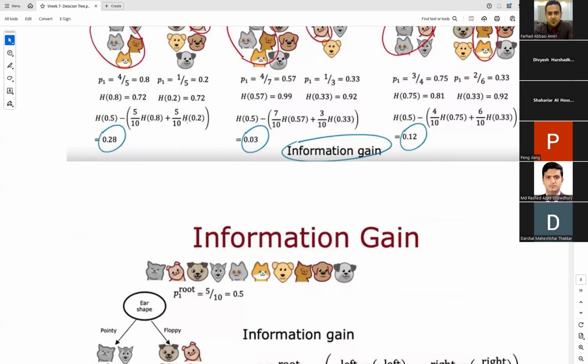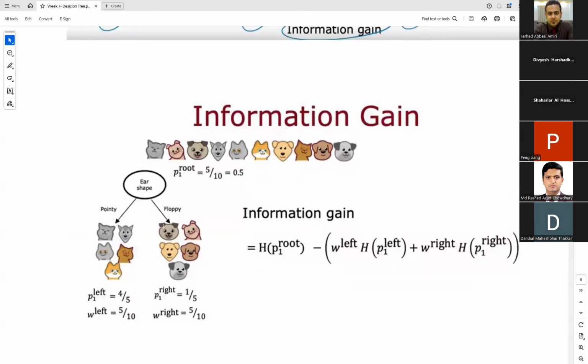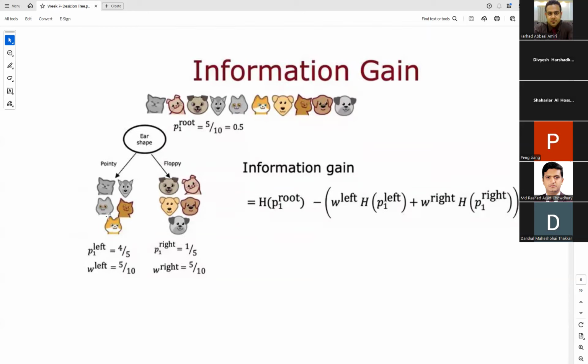Two entropies with their coefficients, right? For example, if this is the case, P1 on the root is 5 over 10, 0.5. So P1 root is 0.5, H of 0.5 minus, on the left branch, you have P1 left, and W left